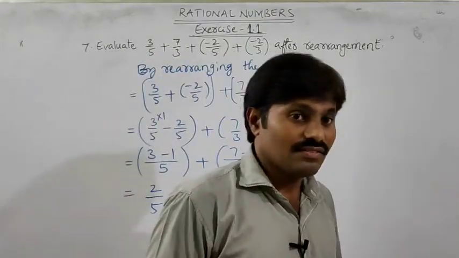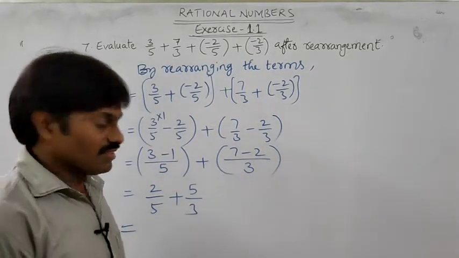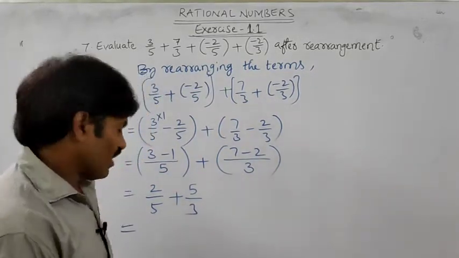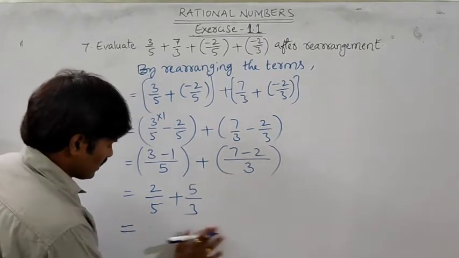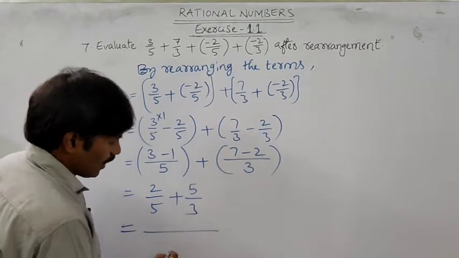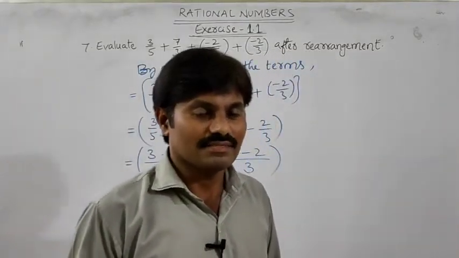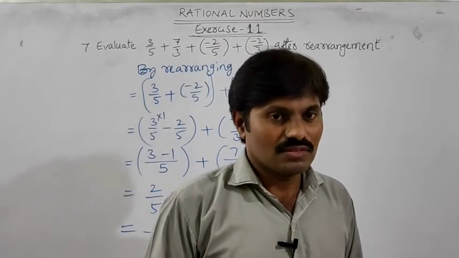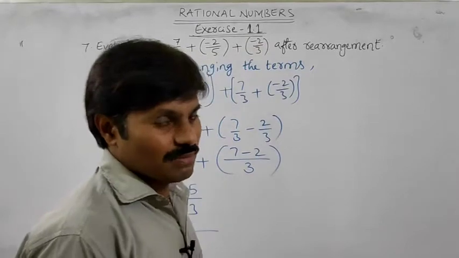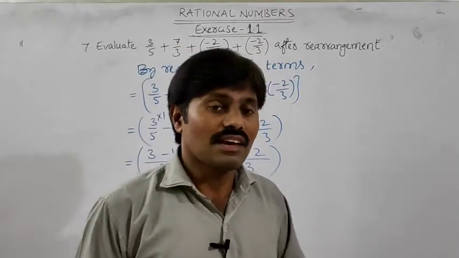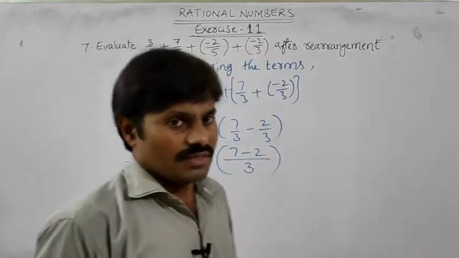2 by 5 and 5 by 3. Simple. That is by taking the LCM of the denominators, that is 5 comma 3. The LCM of 5 comma 3 is 15, since these two are co-primes. What is meant by co-primes? There is no common factor other than 1. So we call such numbers co-primes. These are always co-primes, in the sense we consider only two numbers.